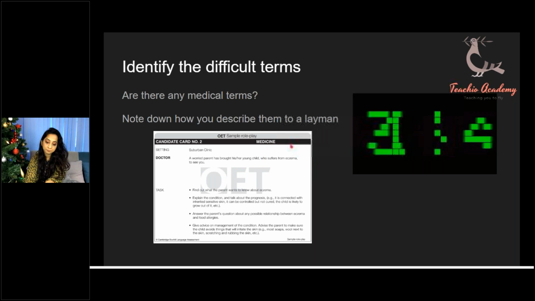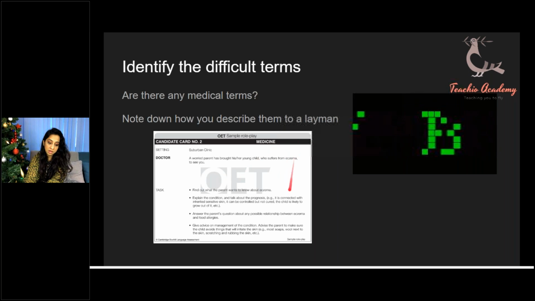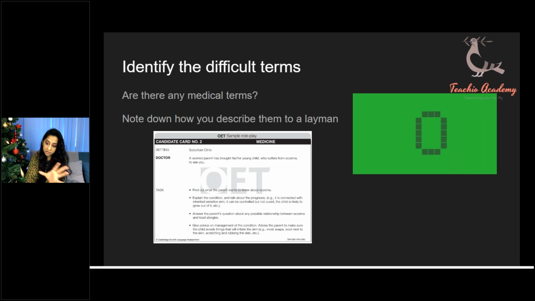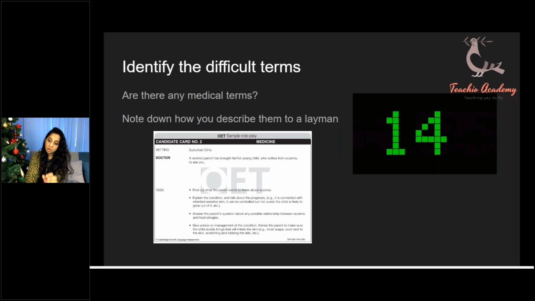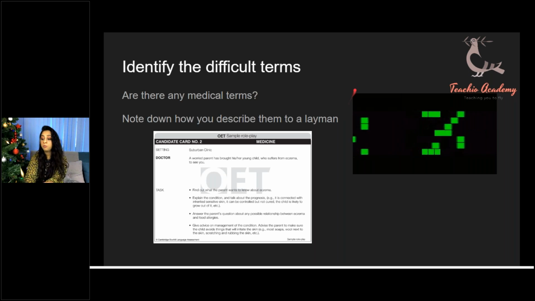Okay, excellent. If you've understood this point, basically in this portion, what we're going to do is put a star on the difficult words. So I'm going to be putting a star on eczema and a star on prognosis. And once I'm done with my planning, I'm going to spend a few seconds thinking about how I'm going to explain eczema, because if I explain eczema pretty well, that's going to be the main point on my OET speaking, which is going to really impress the examiner. So I plan how I'm going to speak about eczema and how I'm going to describe the sentences.